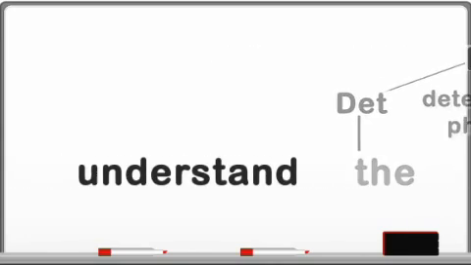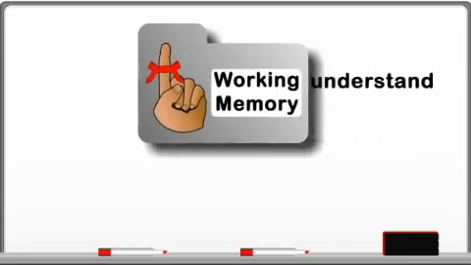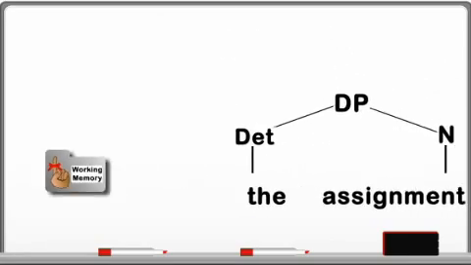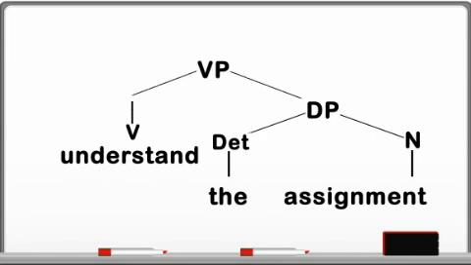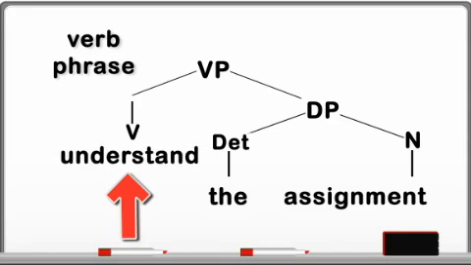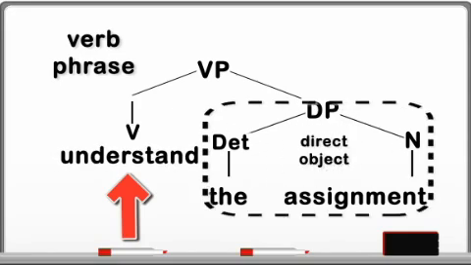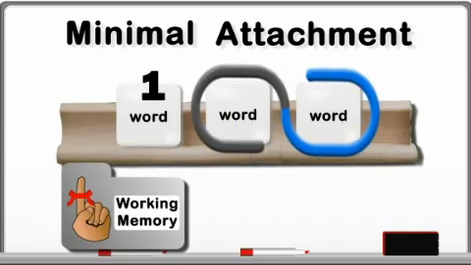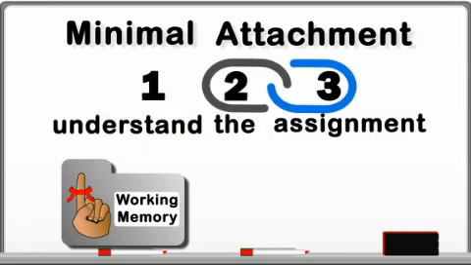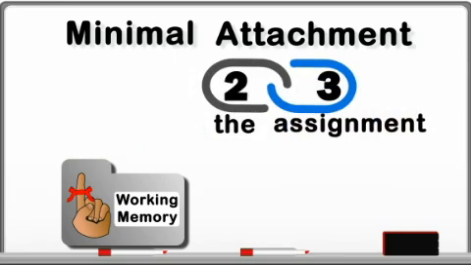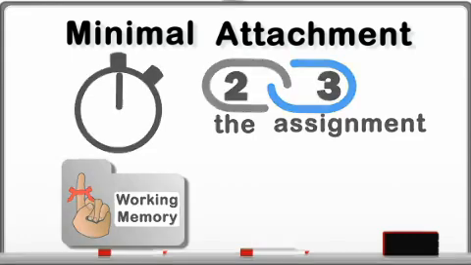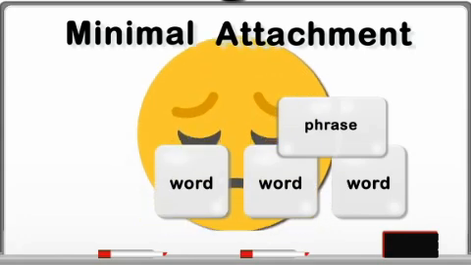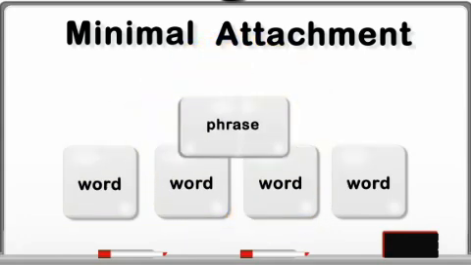In the meantime, the first word, understand, has been held in working memory. It can now be joined with the determiner phrase, successfully creating a verb phrase. The head of the verb phrase is understand, and its direct object is the assignment. The advantage of the minimal attachment strategy is that it uses little working memory. In our example, understand is held in working memory for the briefest of moments. However, there is also a disadvantage to this strategy. Minimal attachment ignores phrase boundaries when those boundaries are